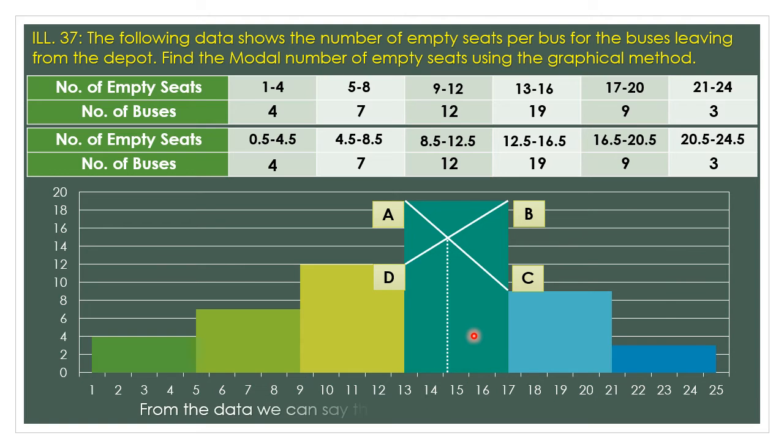So that would be your mode. So from the data we can say that the mode is around 14.2 sets. So what we have to do, first of all, we have to take an exclusive frequency distribution, draw the histograms according to its class and frequency, then depict A, B, C, D points on the highest bar, and then cross two lines, and their intersection point on x-axis will give you the value of mode. Okay, let's do one more so that we can understand it better.